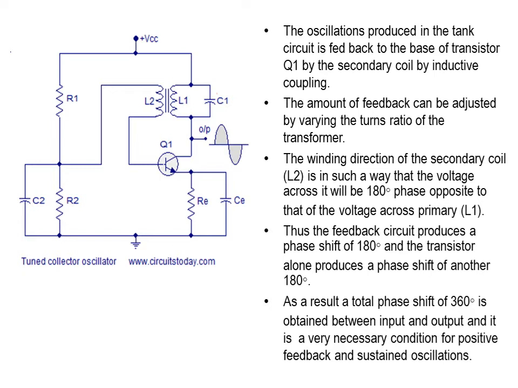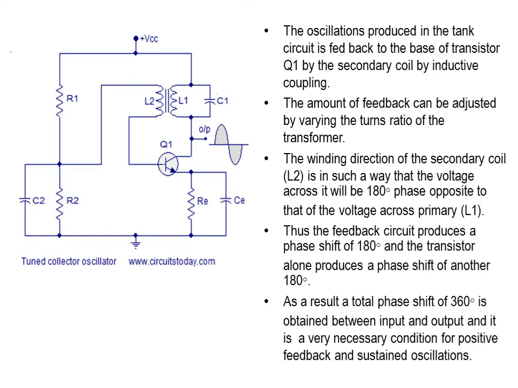So what we have is the tank circuit, L1 and C1, which is making some oscillation, and then you have placed another inductor close to L1. So this L2, since it is placed near L1, will experience mutual induction. Because of the oscillations generated in L1, L2 will generate its own oscillations through mutual induction. And the ratio of the voltages developed across L1 and L2 will be decided by the ratio of the number of turns in L1 and L2.